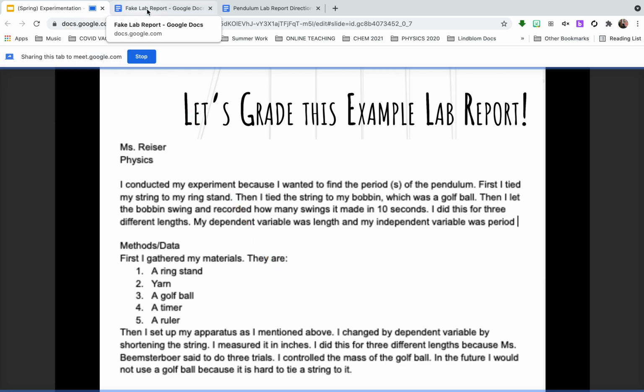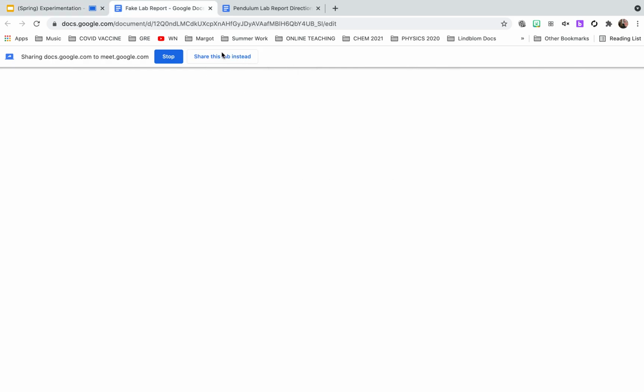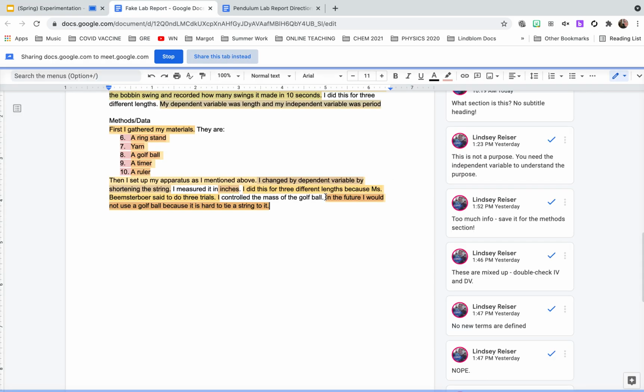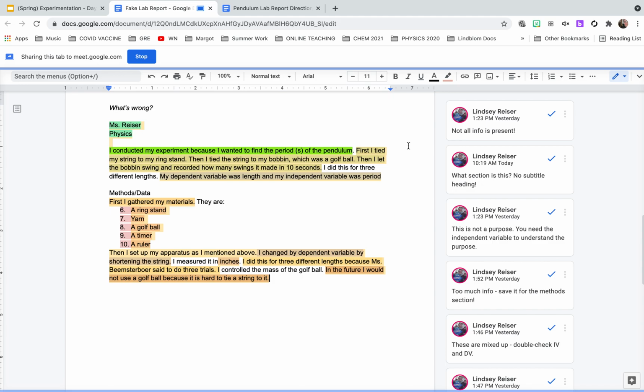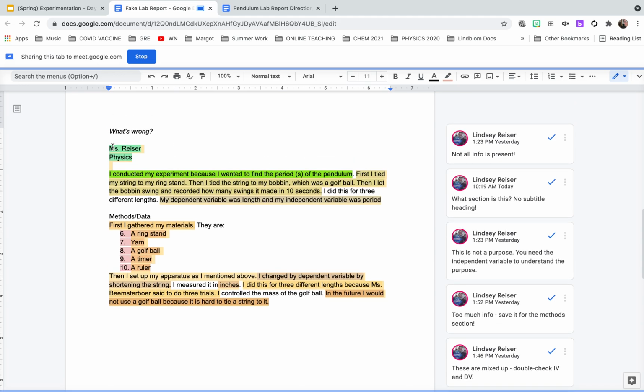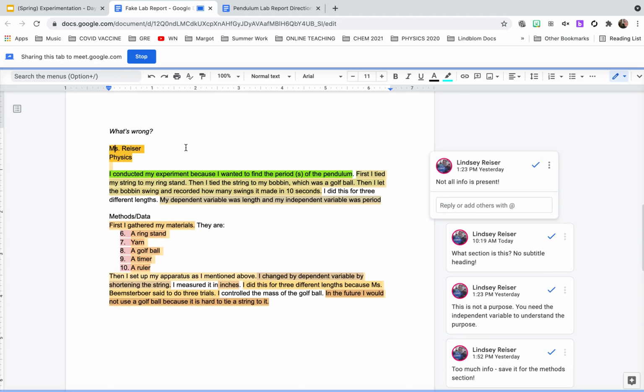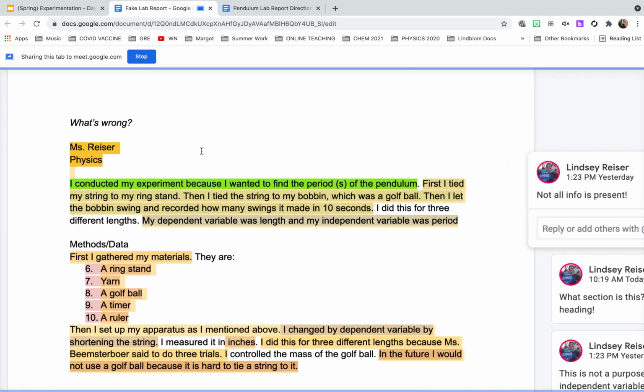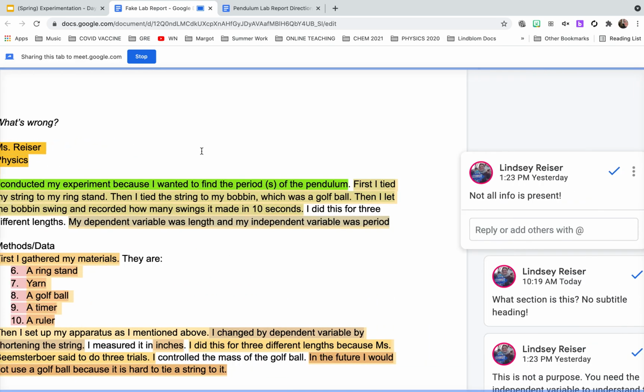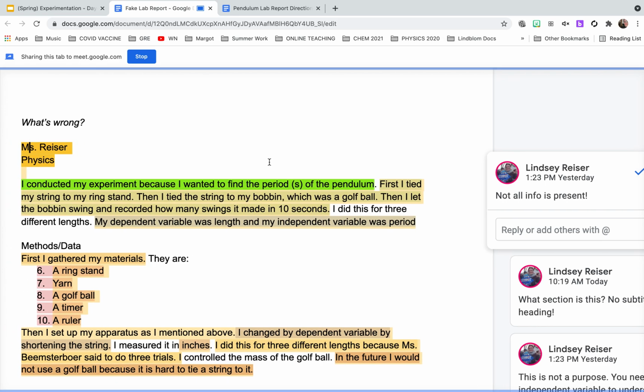So on Classroom, this document is posted. Unfortunately, because you all don't have editing rights, you cannot see comments on the document. So I went ahead and created a separate document with screenshots of all the comments so you can see them. It's going to be kind of goofy to go through that part, but I just wanted to run through each of these. I'm going to try to zoom in so you can see both the comment and